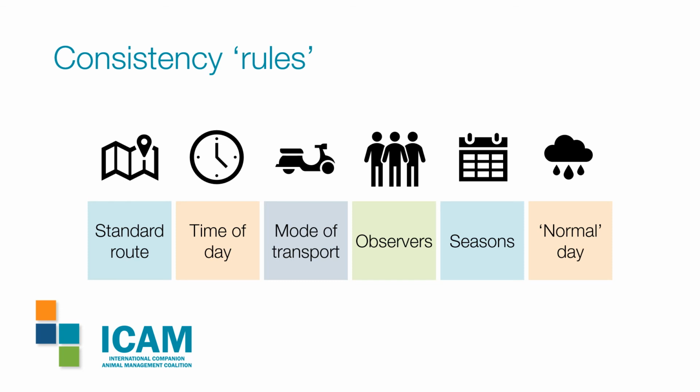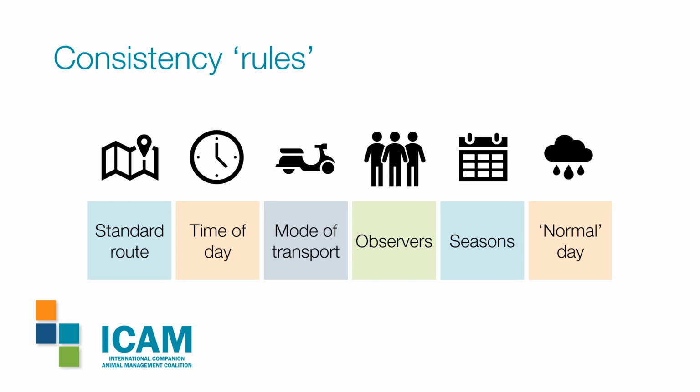We know that dogs change their roaming behaviour based on how people behave, and we know that people behave differently depending on the time of day. Always use the same mode of transport. You can drive if you like, or you can walk, but I find that cycling or having two people on a motorbike works better because it's easier to stop and observe the dog clearly, but it's also quite a fast way to move through. Now we know that you are going to have a different sighting probability, so your chance of seeing roaming dogs will differ with the way in which you're transporting yourself along the route. So choose the mode of transport that works for you and then stick to it.